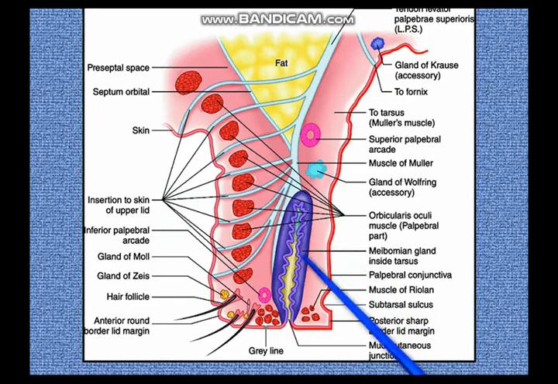and this frequently has to be scooped out from the inner side of the eyelid. You have to invert the eyelid, and from this side you have to scoop out the material inside and give relief. And now these glands of Moll and Zeis, the sweat glands and sebaceous glands around the hair follicles of the eyelashes, they can also be infected, and these are very painful. If folliculitis occurs in the eyelashes, these are called styes, and these styes are often very painful, with purulent pus points along the ciliary margin, and recurrent styes or recurrent purulent abscesses of the hair follicles are very common in diabetic patients. So if you have recurrent folliculitis and recurrent styes, you have to be very careful and see whether the patient is diabetic or not.